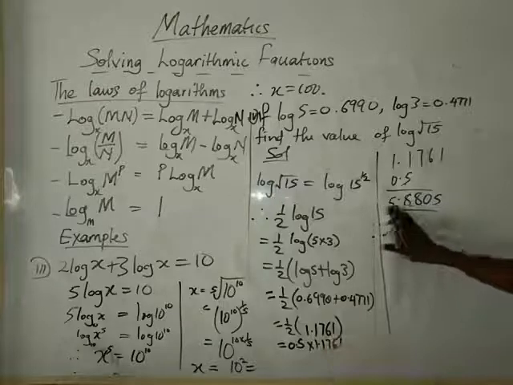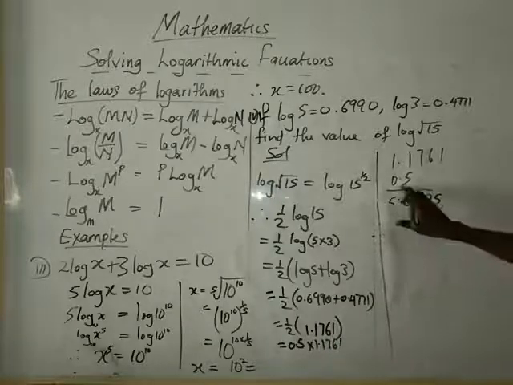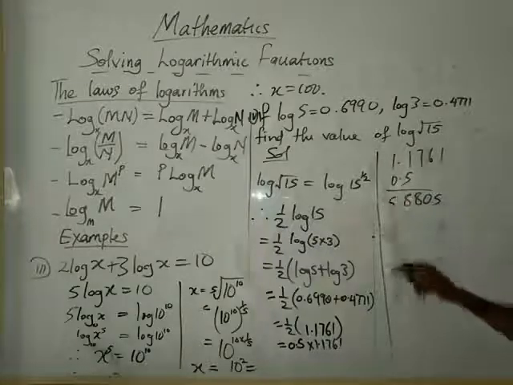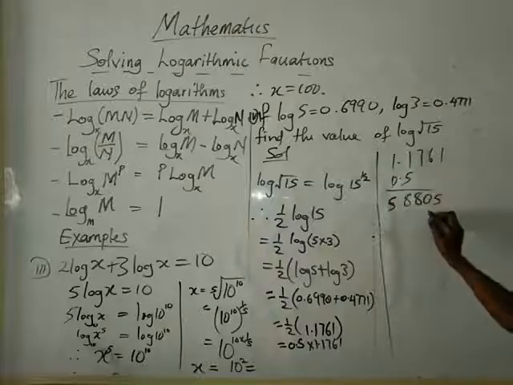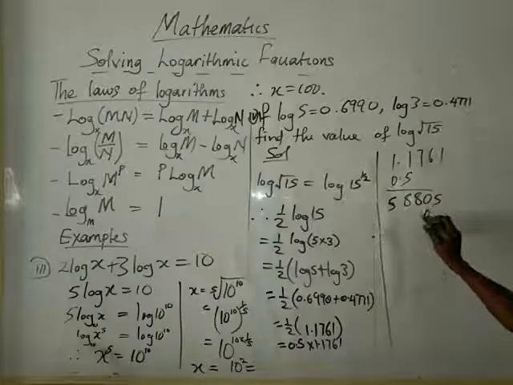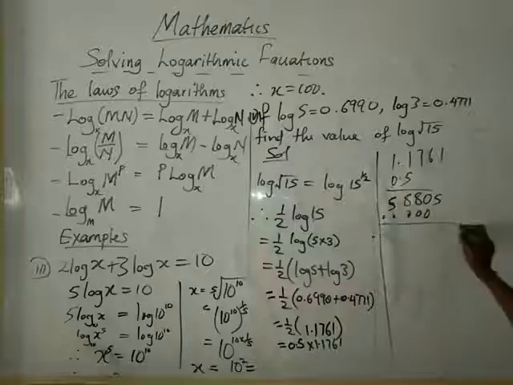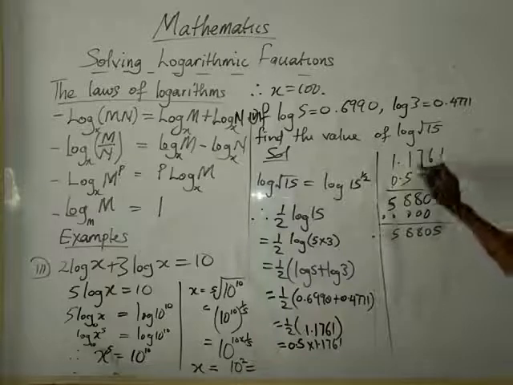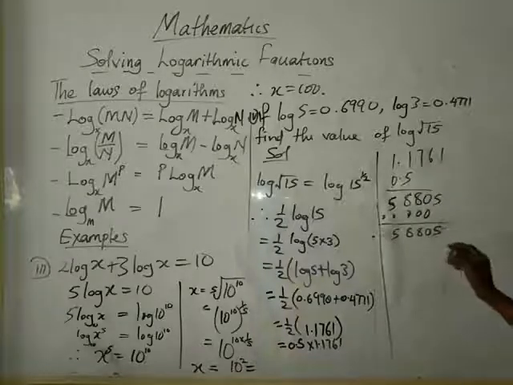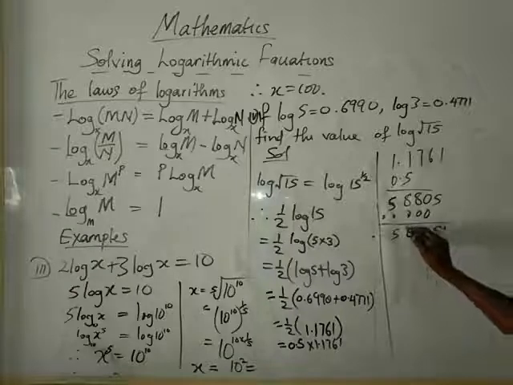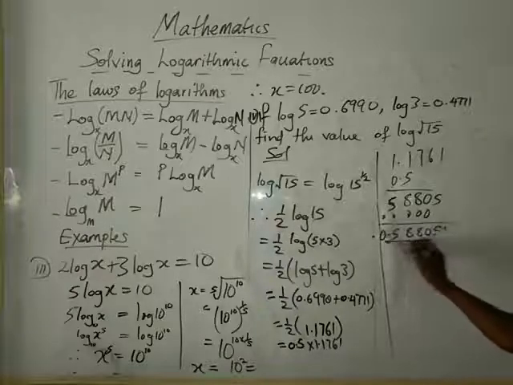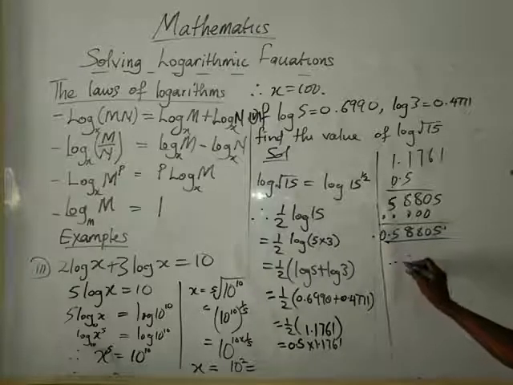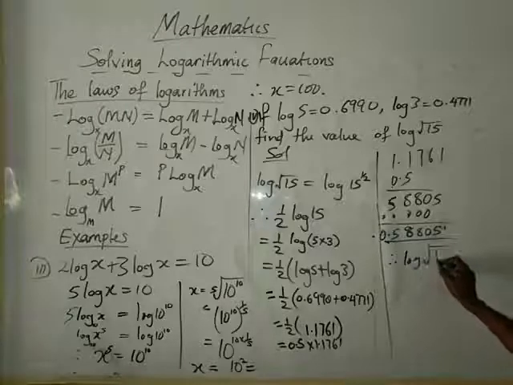Oh, sorry, there's a mistake there. That will be 5 times this way, 5 times 1, 5. So I can now have 0 times every value will give me 0, 0, 0, 0, all true. So I'll be having 5, 0, 8, 8, 5. Now I have 1, 2, 3, 4, and 5 decimal places. So I will have 1, 2, 3, 4, 5. So that will be 0.58805. So that is to say I have the log of root 15 to give me